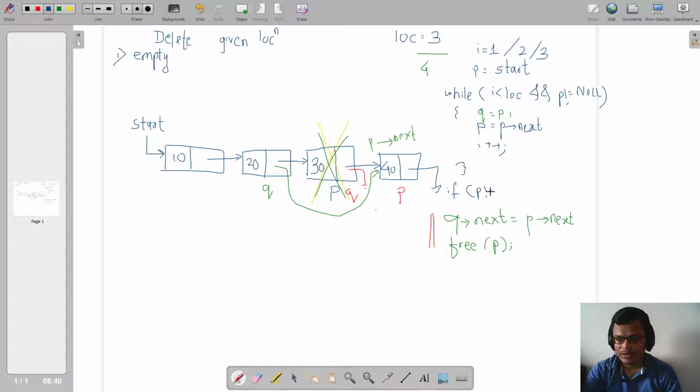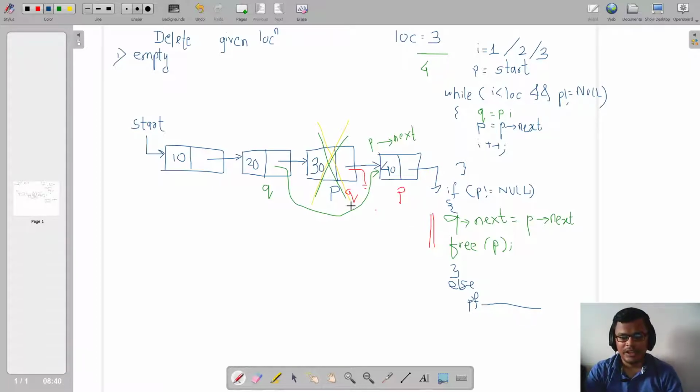Once we come out of this while loop, we'll check whether we came out due to a valid location or an invalid location. If it is a valid location, P will not be equal to null, so these two statements will execute. Otherwise, we'll print a message to our user that the location is invalid.